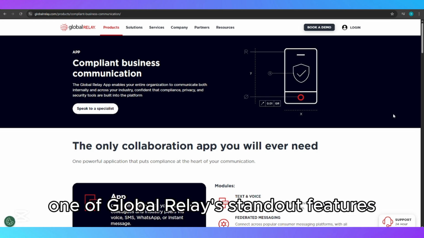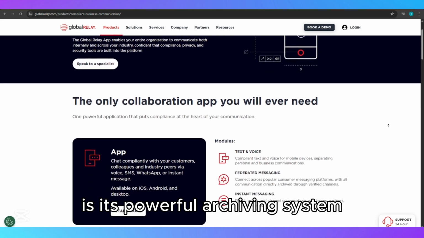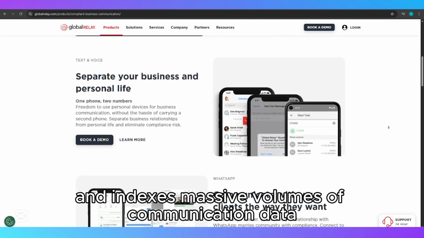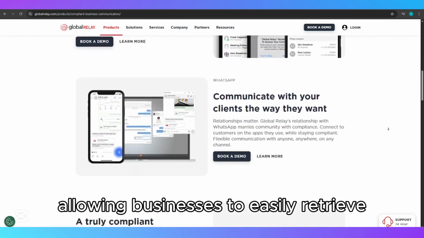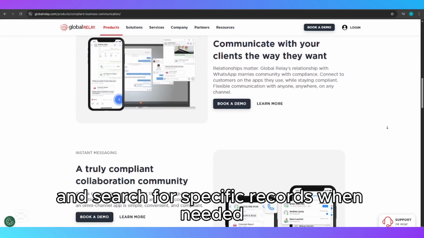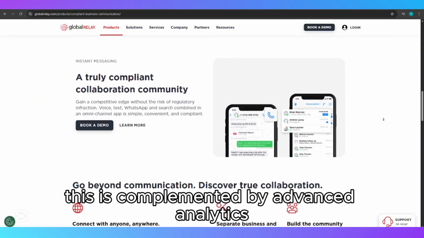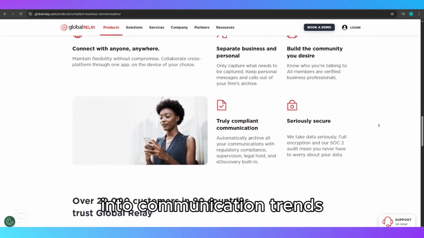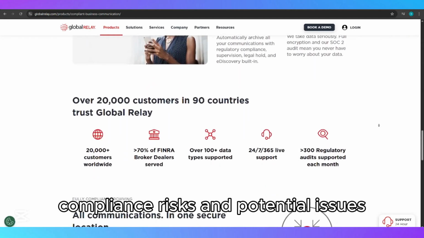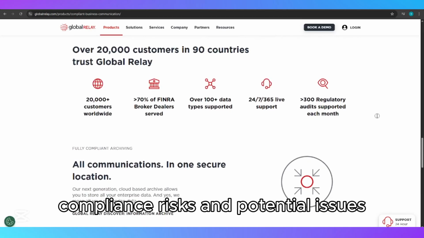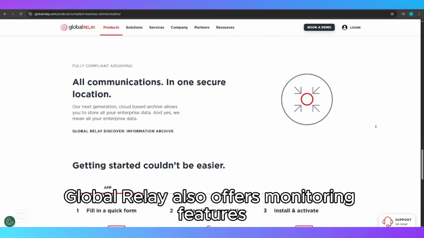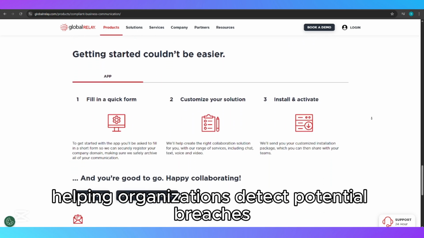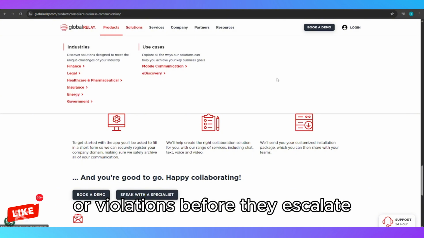One of Global Relay's standout features is its powerful archiving system, which securely stores and indexes massive volumes of communication data, allowing businesses to easily retrieve and search for specific records when needed. This is complemented by advanced analytics tools that provide businesses with actionable insights into communication trends, compliance risks, and potential issues. Global Relay also offers monitoring features that allow real-time supervision of communications, helping organizations detect potential breaches or violations